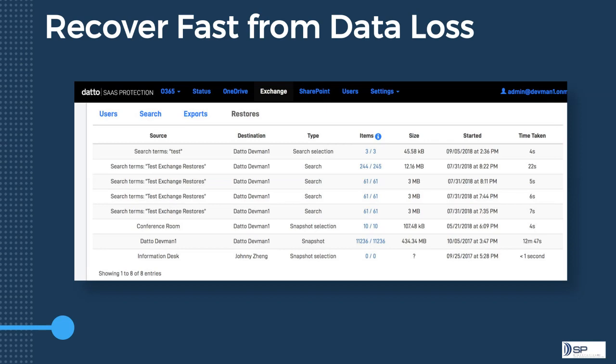You come back and you can see in this example, things take seconds. There's a couple of examples here about minutes, but there were 11,000 items that got restored in 12 minutes. So it really has the ability to roll back quite quickly. We've had an instance where we've actually brought back for a client in the vicinity of 20 gigabytes. We set it going around 4 o'clock in the afternoon, and it literally came back the next morning and it was restored.